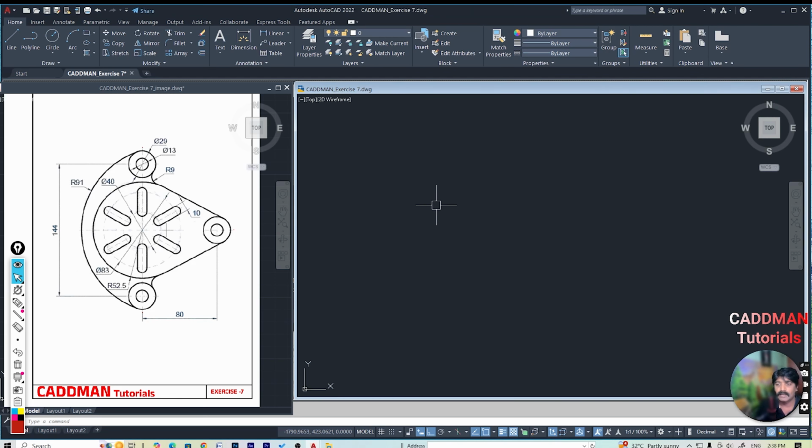So let's get started. First I try to create a line, this center line from here to here, and this center line from here to here. So take the line command L, enter, draw a line, and in order to make the same line at 90 degrees of the same length, go to rotate, enter,